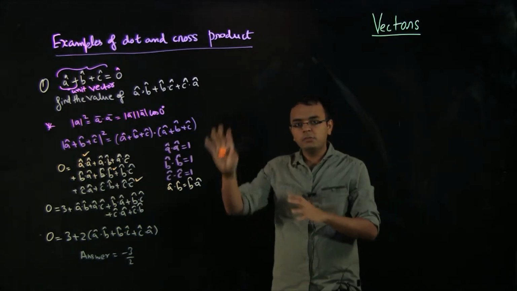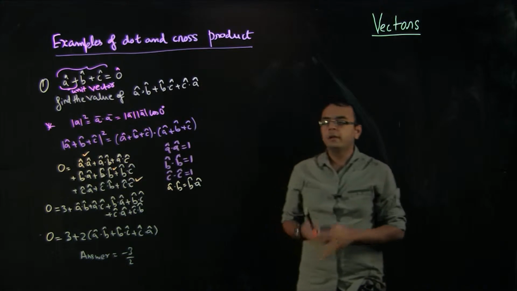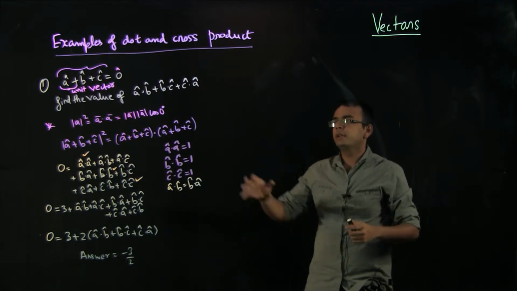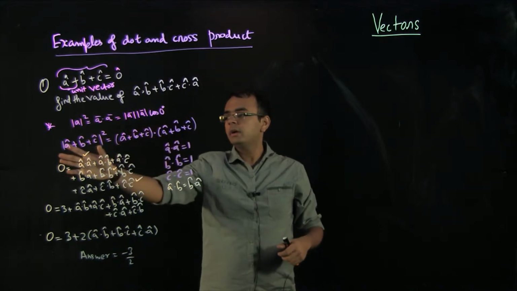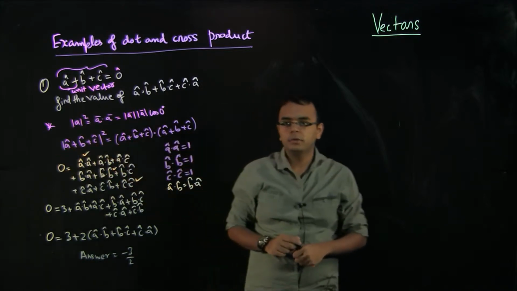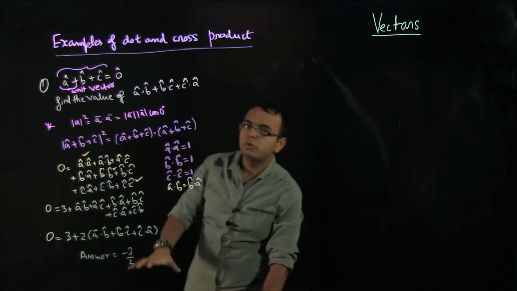So I went through a little bit in more detail for this problem. It is a very easy problem, but I hope that you can realize that whenever you see something like this relation and you have been asked to do this, you will use this property and take a mod square and add this. Okay.